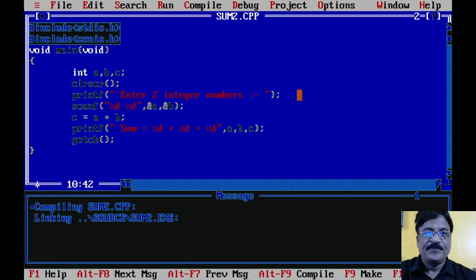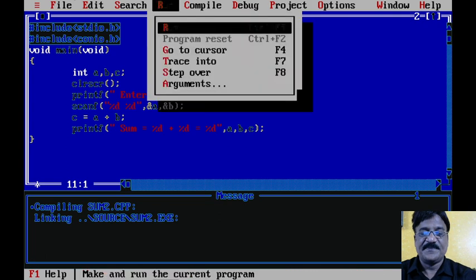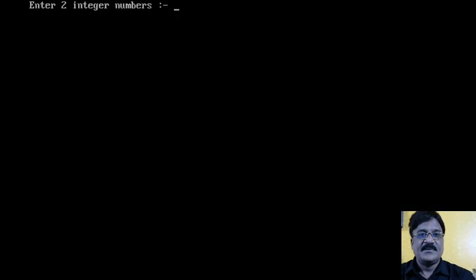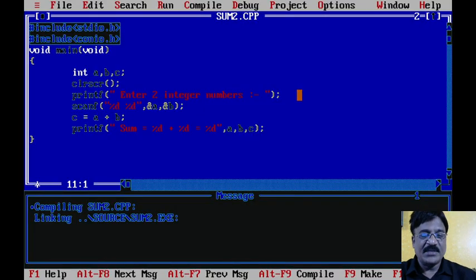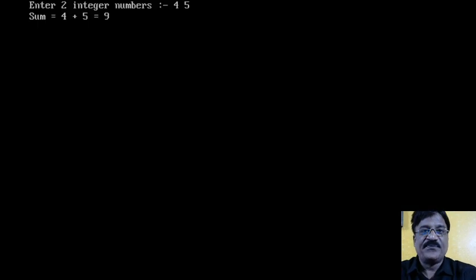Okay. Then what is going to happen if I have not written getch? Ctrl Y for deleting the line. Enter 2 numbers. Now be careful and see what is happening here. The moment I press the Enter key, remember, space is the separator between the 2 values that I am providing. The moment I press the Enter key, I am not able to view the result. So for that purpose, what do I need to do? I need to press Alt F5.